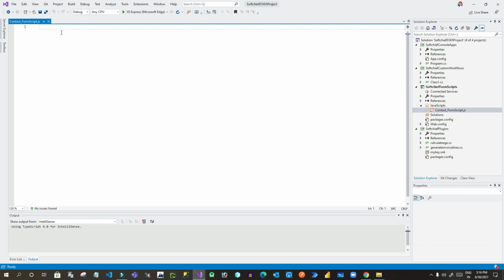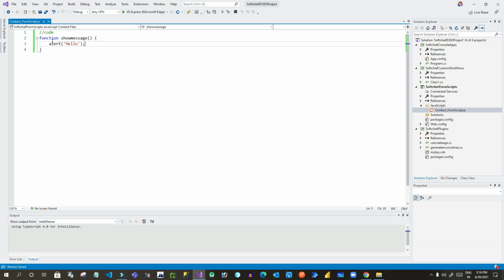I can keep adding my JavaScript code here, right? I can write down a function here, let's say show message. This is just a sample function. Now terminate this line of code.